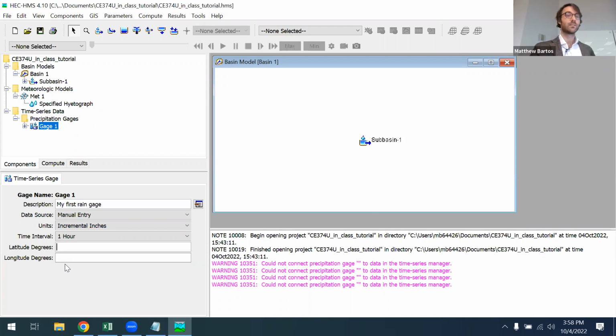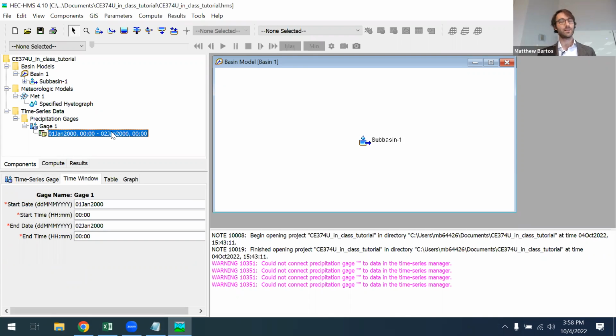Okay. So underneath gauge, now you can see that there's an expandable menu. I'm going to go ahead and hit this expandable menu. And there will be this icon here that gives you a set of dates. So this is describing our hyetograph for this gauge. I'm going to make a few changes in here too.